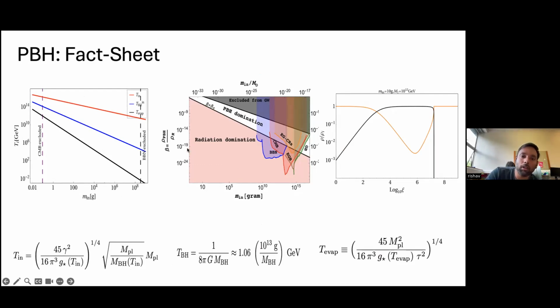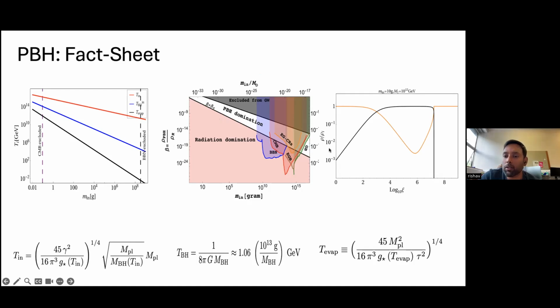Next, in the second plot, I wanted to show the region of parameter space where the PBH can dominate. We used the condition shown in the last slide, the critical value; choosing the critical value of beta, we can get the region where it can dominate. So here the white region is the region of parameter space where the PBH can dominate depending on its mass. The gray region is the region excluded from gravitational waves. This bound actually comes from N effective. Since gravitational waves behave as radiation, they will be constrained by N effective. That's how we get the upper bound on beta.